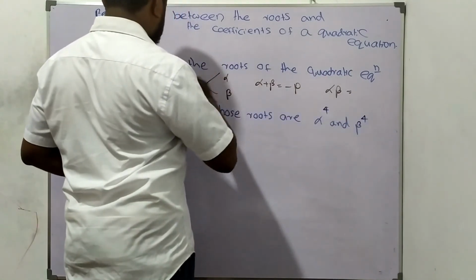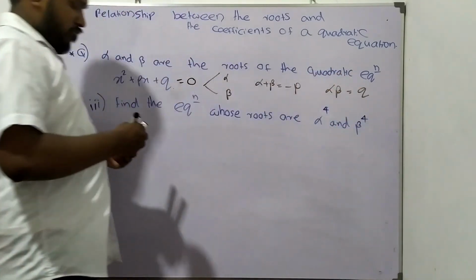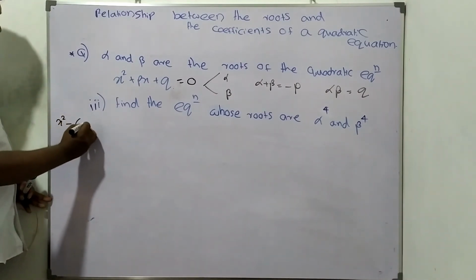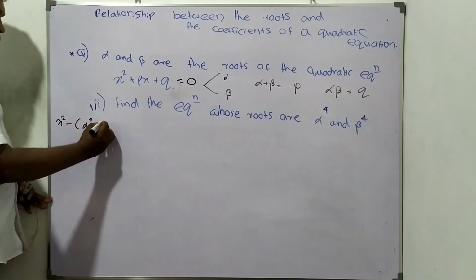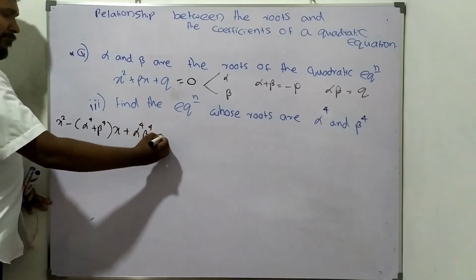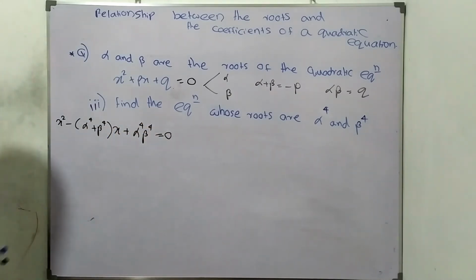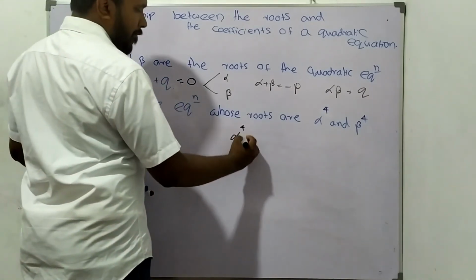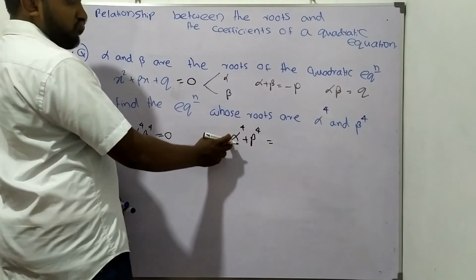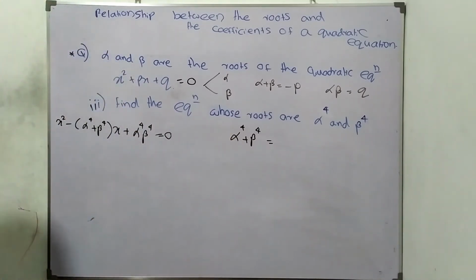This is my alpha plus beta, it's minus p, alpha beta is q. The addition of the roots is alpha 4 plus beta 4, and the product of the roots is alpha 4 beta 4. To get alpha 4 plus beta 4,